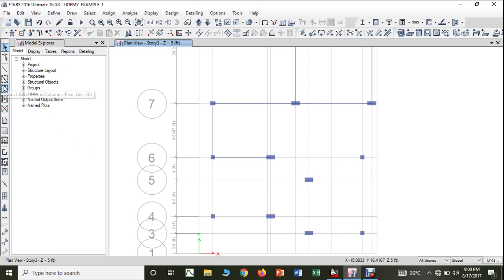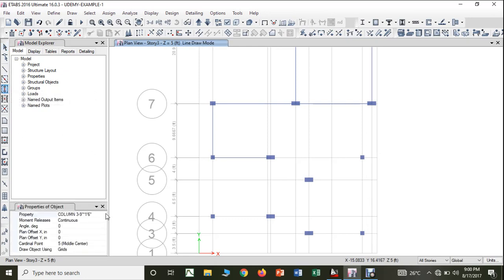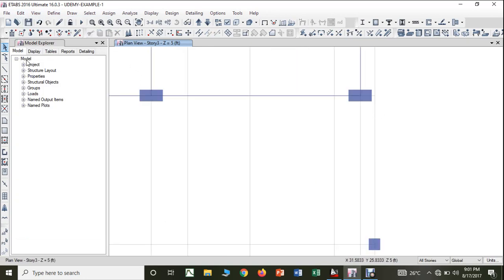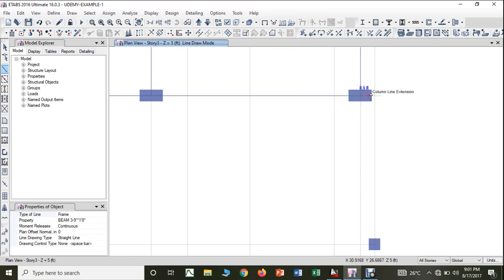So what I will do, I will go to columns, column 2. Sorry, that is column 1, right? So I'll bring here and I'll bring here. All stories. I'll remove these two columns. Edit, delete. Therefore, now what I'll do, I'll just put a cantilever projection like this, and from there to here